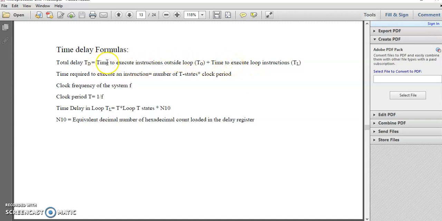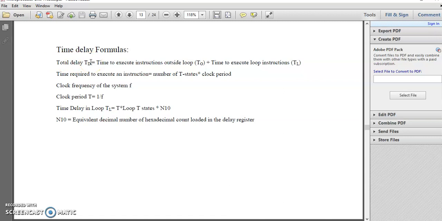So we have some instructions outside the loop and we have some instructions inside the loop. So the time to execute instructions outside the loop plus the time to execute the instructions inside the loop will make the total time delay introduced by the program.